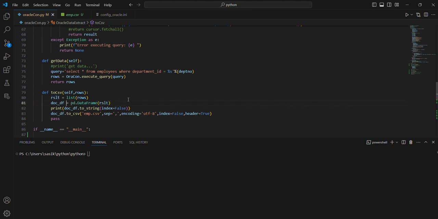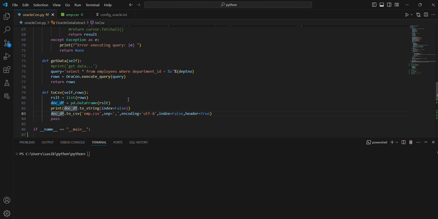Then this data frame is created. Then we are converting it for display. Only for display purposes, I am using index is false to ignore the index column, which is the running number that a data frame produces by default. We only require the specific data results information. That is the reason for line number 82, as you see. Then finally, line number 83, you can see the actual